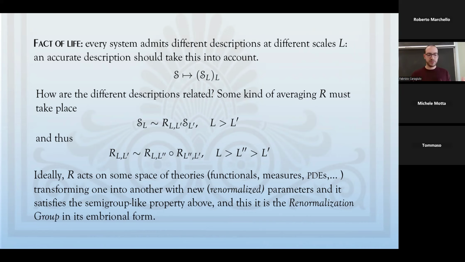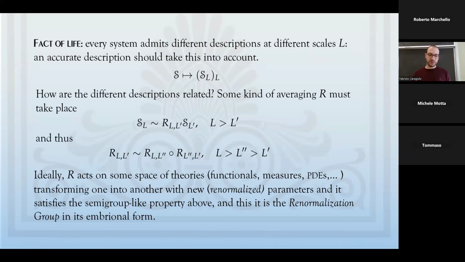Sure enough, the difference between larger and smaller scales, we can think about energy scales or length scales, is that, by definition, the bigger length scales are made of smaller length scales. So the relation should be one of some kind of averaging. The description at scale L, the bigger scale, should be obtained in some sense by averaging or taking account of the smaller scales. And this operation of averaging should satisfy some